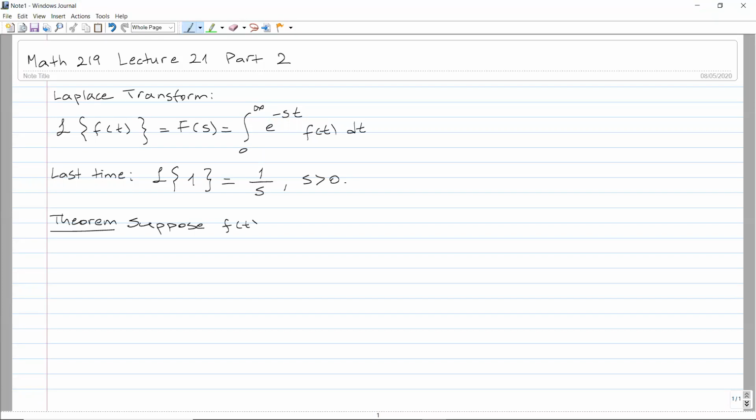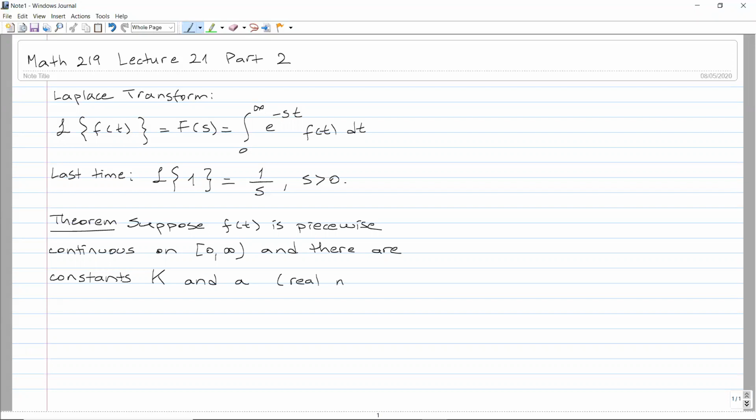So suppose f of t is piecewise continuous on the interval 0 to infinity, so that we have the Laplace transform defined. And also suppose that there are a constant k and a constant a. These are real numbers, such that